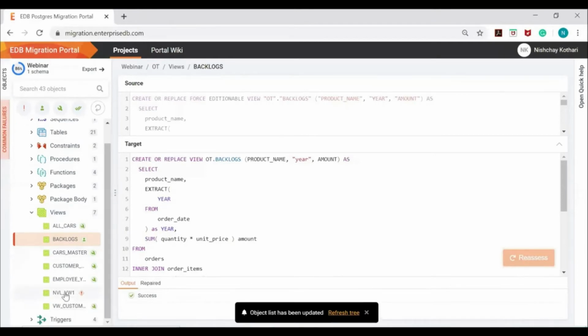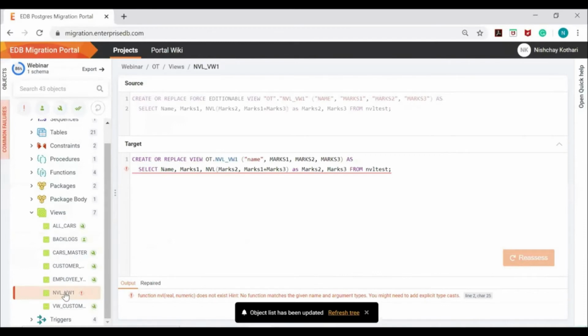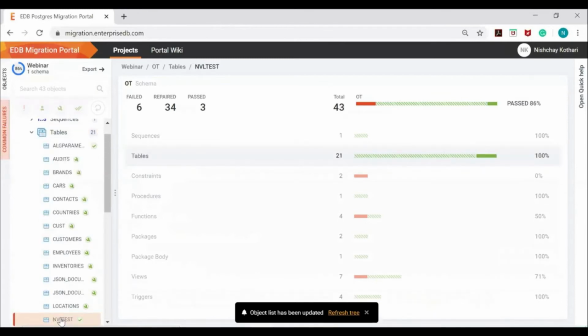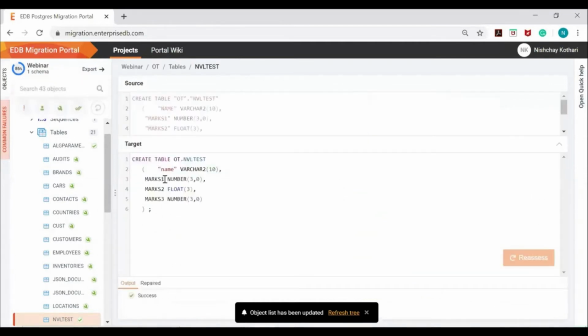Now let's move to the NVL view. This is a view which is created for the NVL test table. In Oracle, the NVL function can generally have arguments with different data types, but in Enterprise DB Postgres, you must add an explicit typecast to have correct data types. So let me fix it. On the actual table NVL test, you can see three columns: marks 1, marks 2, marks 3.